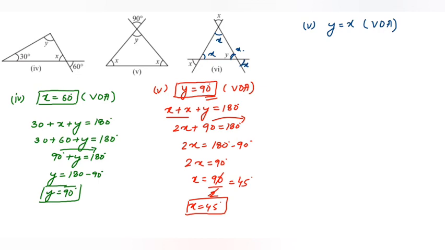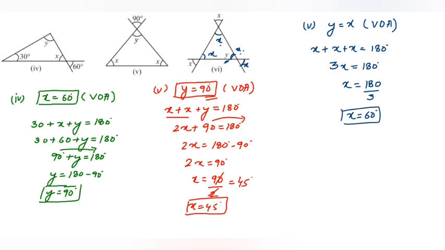Now we know in this triangle three angles are there, x, x and this y, but this y is equal to x. So we'll write down x plus x plus x is equal to 180 degrees. So 3x are there, when you add up we get 3x is equal to 180 degrees. Now transpose 3 to the other side, we get 180 upon 3, so x is equal to 60 degrees. If x is equal to 60 degrees, we know that x is equal to y, so the y value will also be equal to 60 degrees.